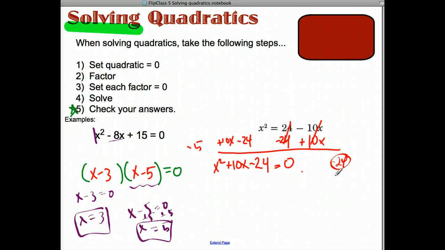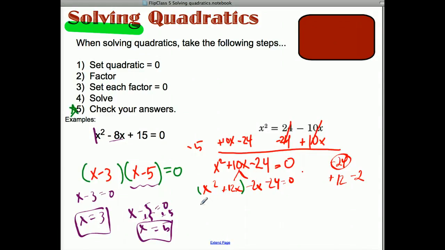So to multiply to a negative number, I have to have a positive and a negative. And to add to a 10, it's going to be a positive 12 and a negative 2. So I'm going to write this as a positive 12x and a negative 2x, and then have my minus 24 and my x squared. So then I factor those,